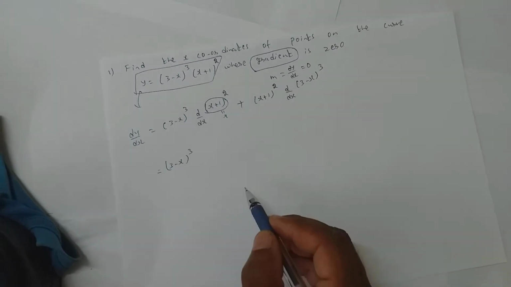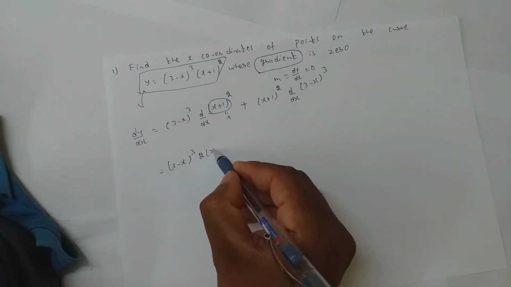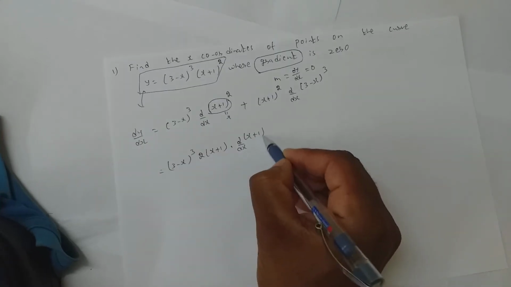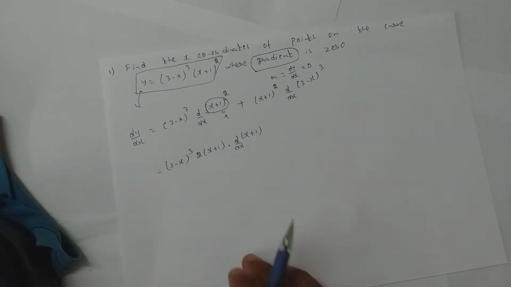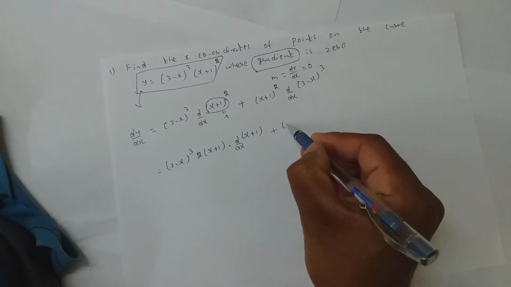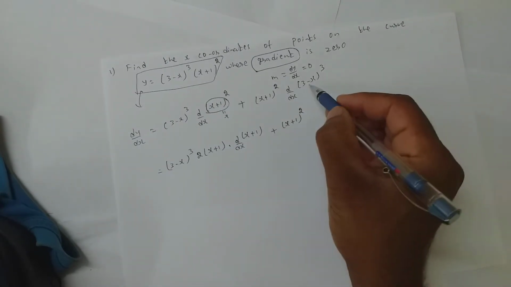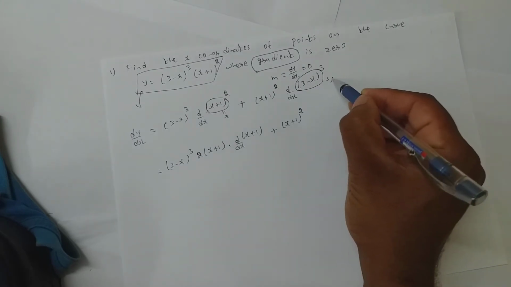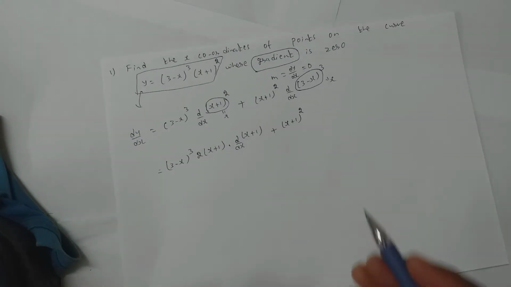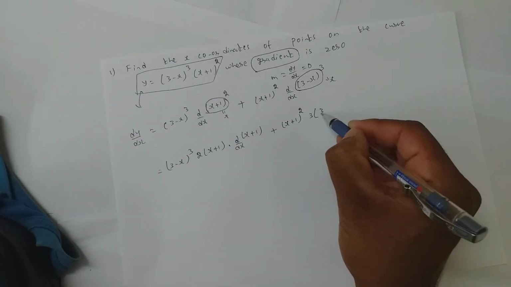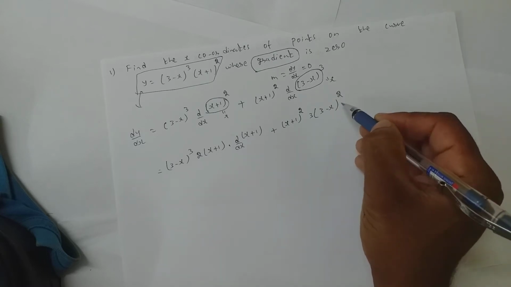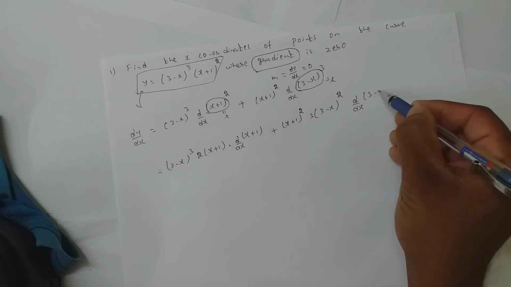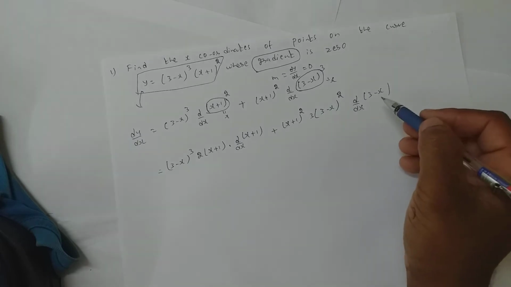So x squared differentiation is 2x. So 2 into x plus 1, into, in place of x whatever you have assumed, that should be there, plus now x plus 1 whole square into this. Directly I cannot differentiate, so I assume it to be x. So x cube differentiation is 3x square, so it is 3 into 3 minus x whole square. In place of x whatever you have assumed, that differentiation should be there at last. You should not miss this.